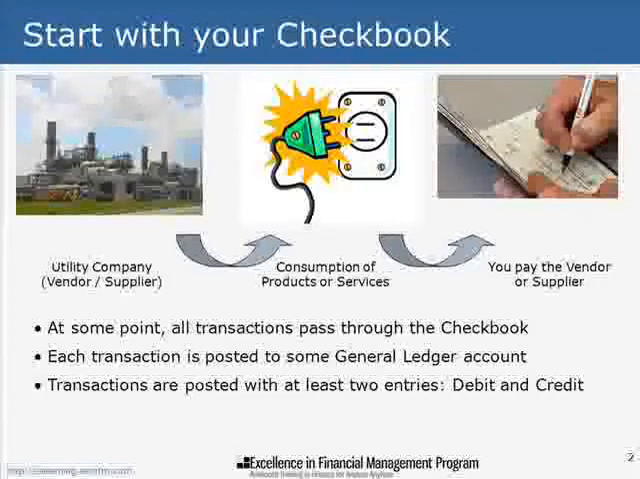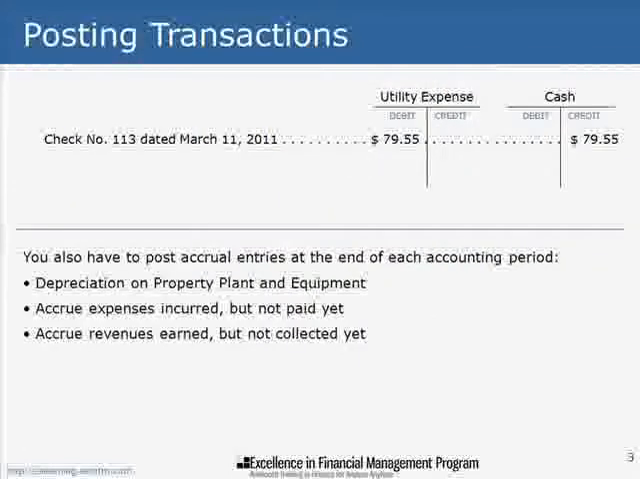And transactions in the accounting world are posted against general ledger accounts. And every time you have a transaction in accounting, you're going to have at least 2 entries that you post to accounts. One entry will be called a debit entry, and the other entry we'll call a credit entry. So if we follow up on this utility that we consume, we got our checkbook out, wrote out check 113 on March the 11th. We paid the utility company